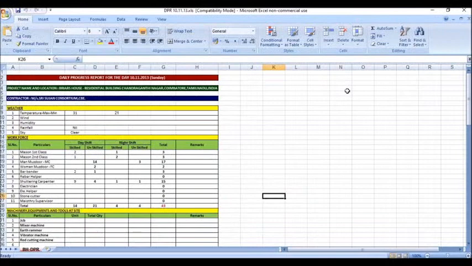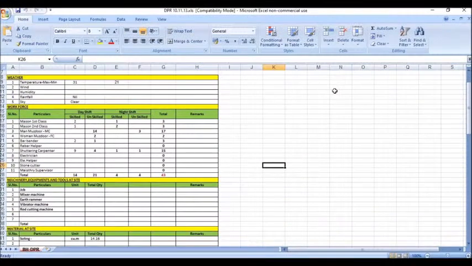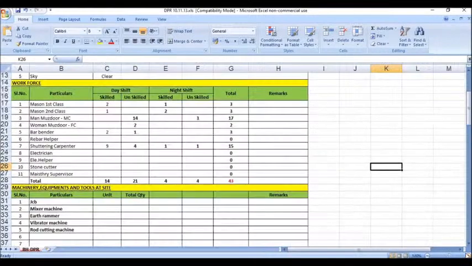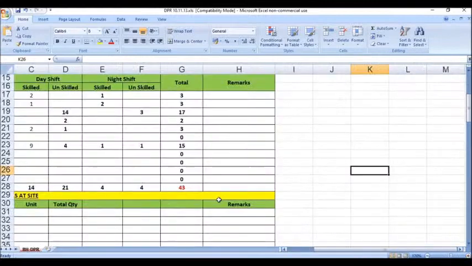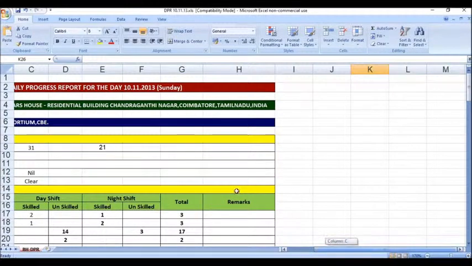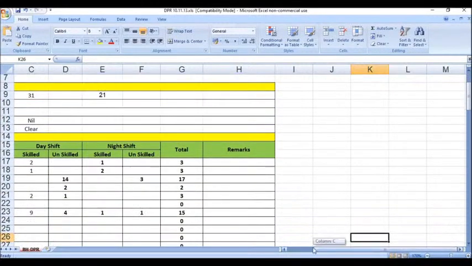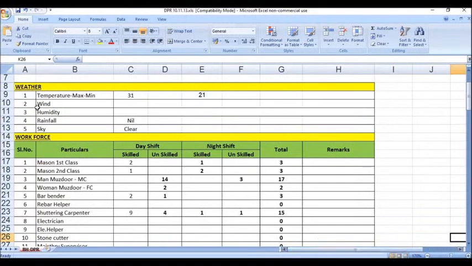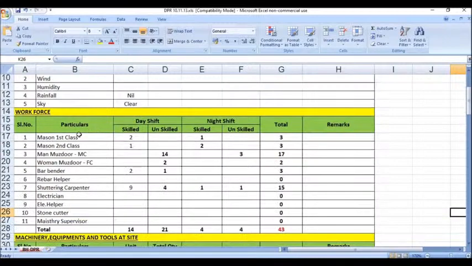This is one of the formats of the DPR. It's a daily progress report. You can see over here temperature, you can see now. So in the daily report we will be showing the temperature, whether it's windy, rainfall, or how the sky is,